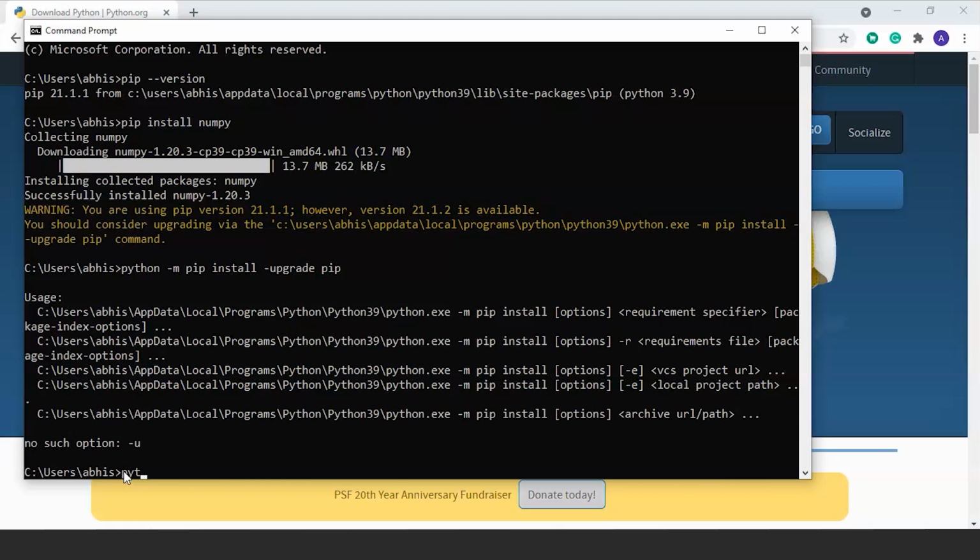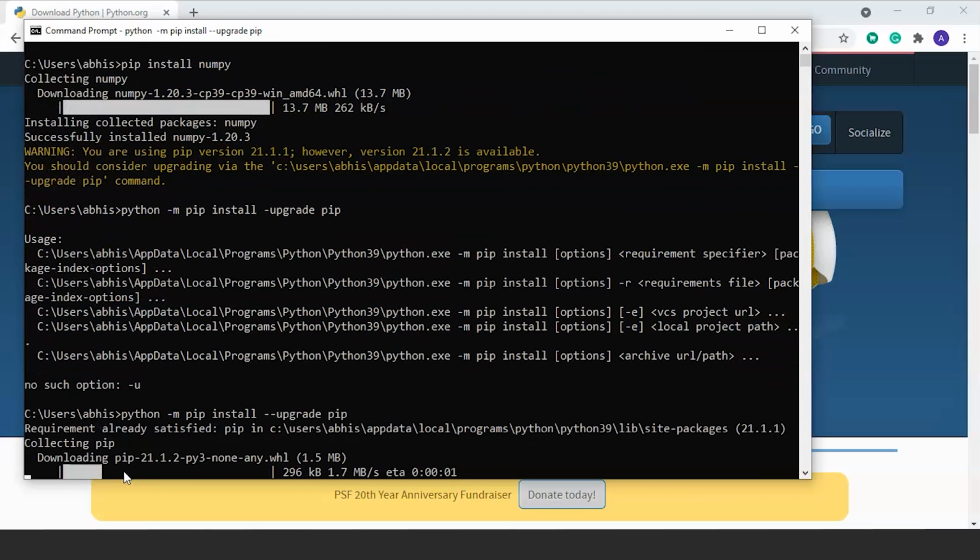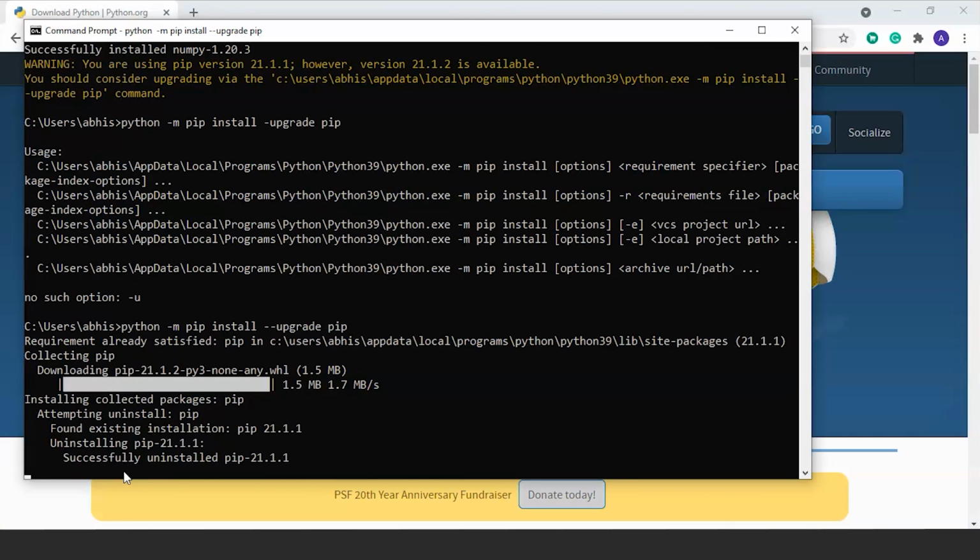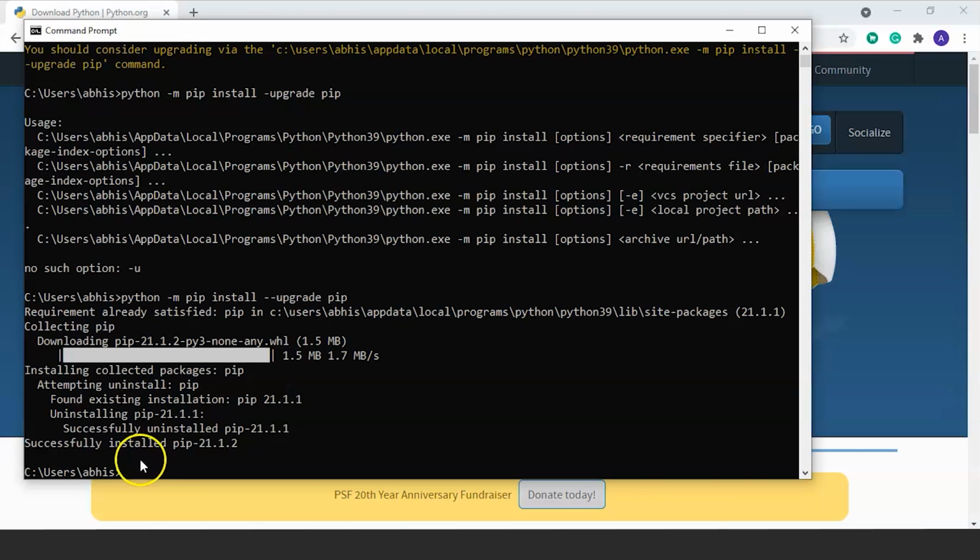So we'll write the command again, python -m pip install --upgrade pip and then press enter. Now depending on your internet speed, the latest pip version will be installed on your system. As you can see, they have uninstalled the pip version 21.1 and they have installed the latest version, that is 21.1.2.